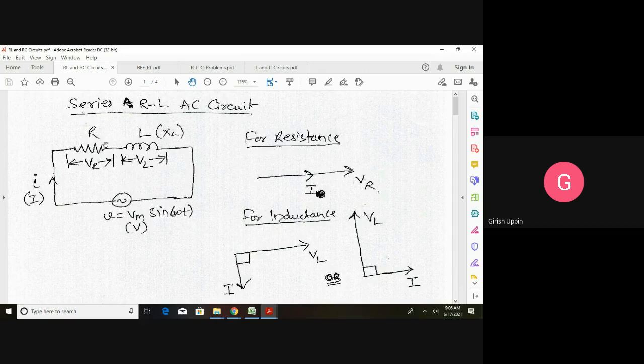Now let us assume VR is the voltage across the resistor, and what is the current that will flow? That is capital I. And what is the current that will flow in this L? That is also capital I. Why? Because they are connected in series. When two components are connected in series, the current that flows in those components is exactly the same. So the current is capital I and the voltage is capital VR. Now we will treat this as two separate circuits. Just assume this resistance is connected across a voltage source VR.